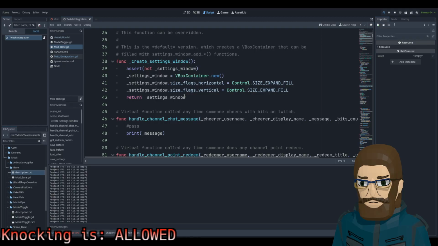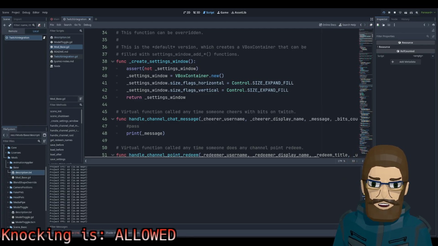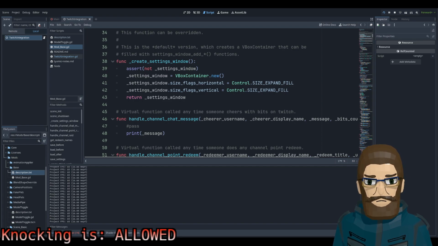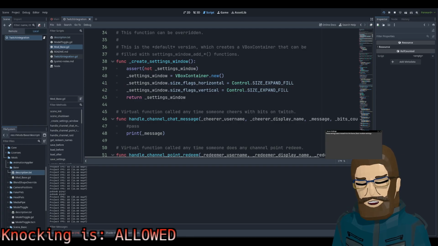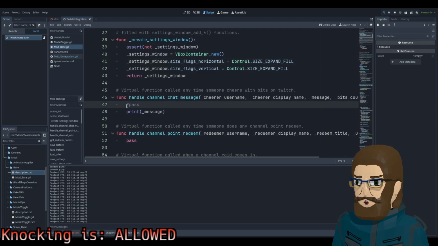But yeah, we're just kind of going through it. Create settings window. Yeah, so we'll need to make one of these. Because ideally, at the minimum, it's just a box, because you can already do that in here. I can show you. Can I go to scene? Yeah, so you can already have windows show up, and they can just stay there. Although it's kind of ugly. I'd like it to be part of the 3D scene itself, but we'll have to figure that out. Yeah, so that's where we are.